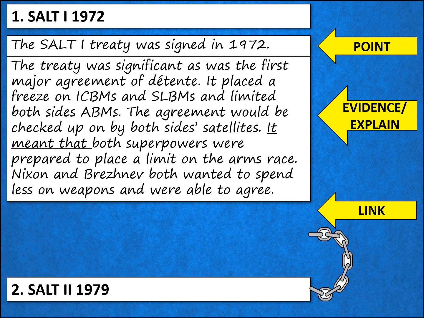Now what's going to be distinct in these answers is going to be the final phase of these paragraphs, our link phrase. If you remember, we're going to need to try to get from SALT 1 to SALT 2 in 1979, and what we're looking to come up with here is one sentence or two at the most showing how SALT 1 either linked to or caused SALT 2 to happen. You might want to pause the presentation at this point and see if you can come up with your own before I give you my version. So you might just want to pause for a moment.